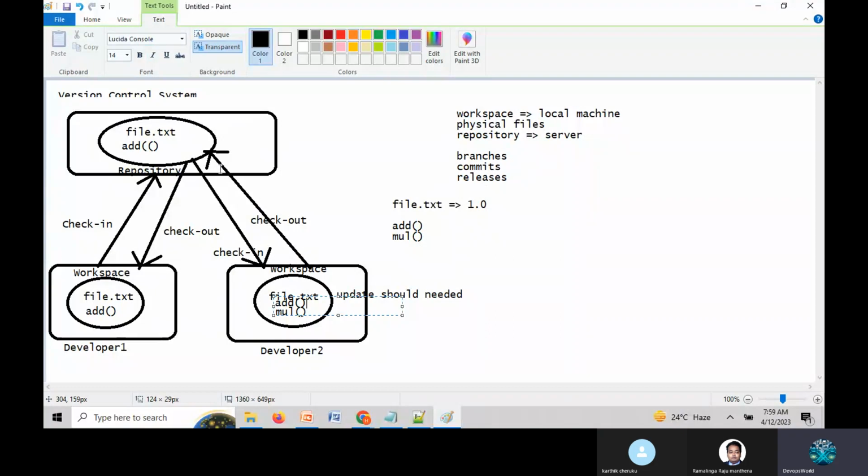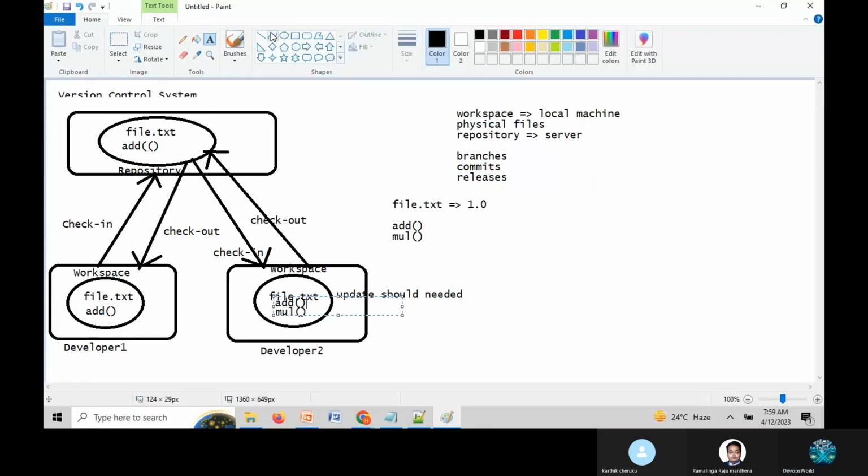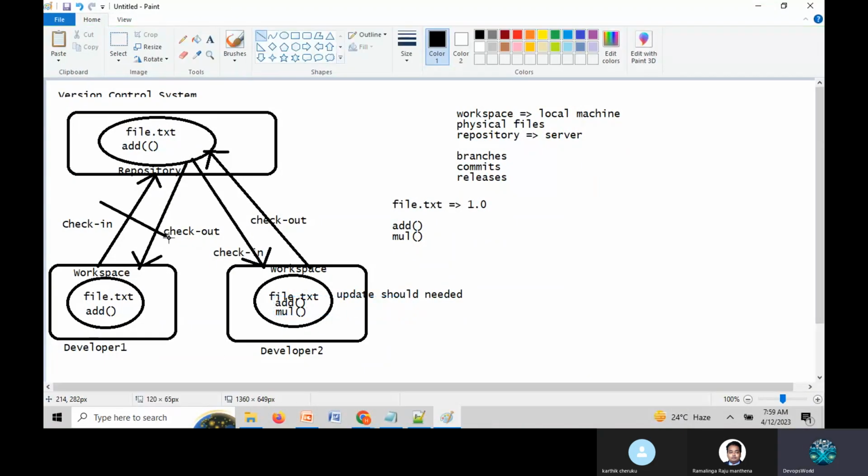And the fourth important point, we can say, is the limitation here. What was the one more limitation here? Suppose you lost the connectivity with the client server. If you lost the connectivity in the client server, what will happen, Karthik? What will happen if you lost the connectivity?